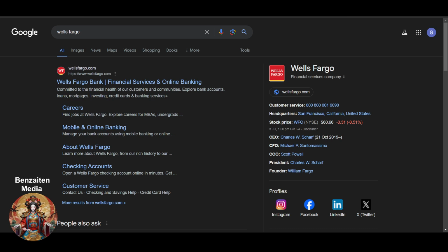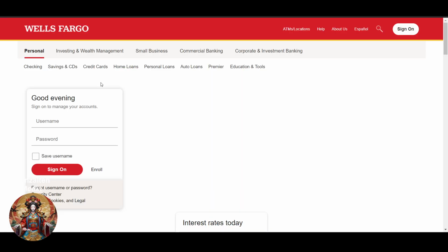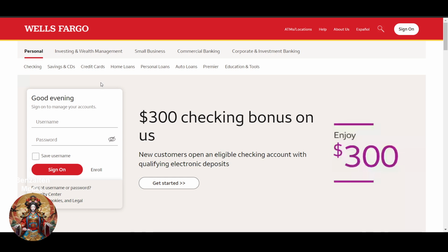How to change billing address for Wells Fargo, right? So you can do the steps which I'm going to show you in this website. You just have to go to the Wells Fargo website here, and you can also do it in the mobile application. If you're using the mobile application, open the Wells Fargo mobile app on your device